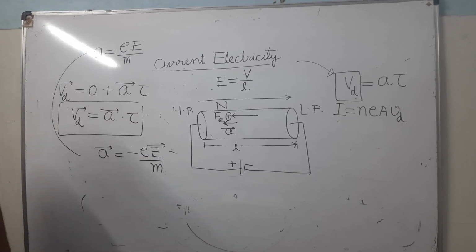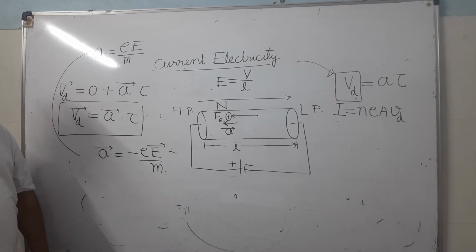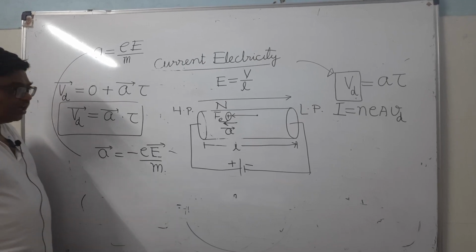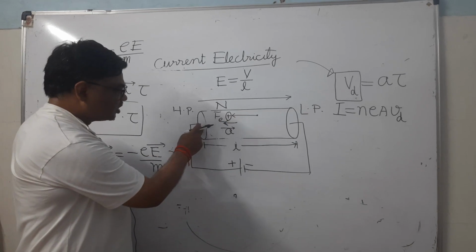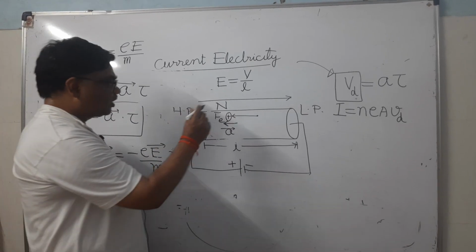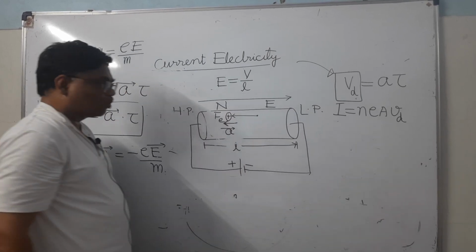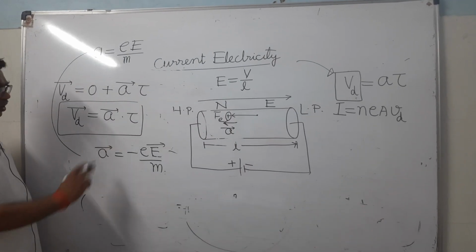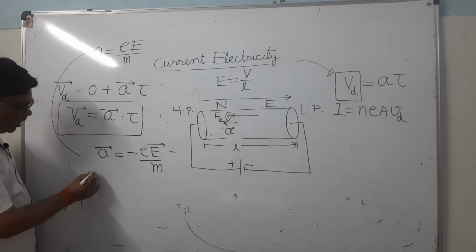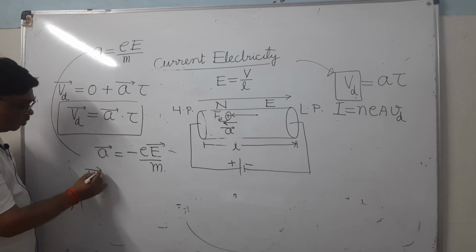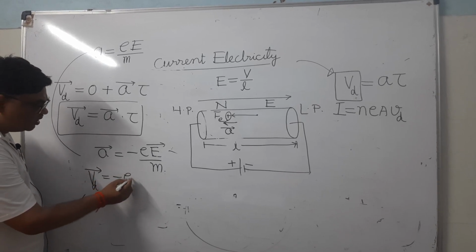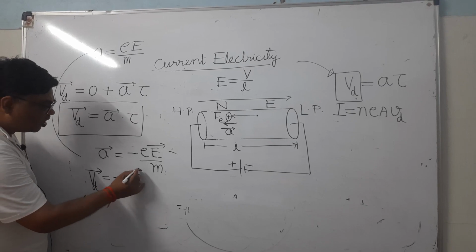Why is the minus sign there in vector form? In scalar form it will not be put. Why is the minus sign here? Vector A is towards the higher potential end while the vector E, the electric field vector, is towards the lower potential end. Both are oppositely directed. So you can write vector Vd equals to minus e vector E tau